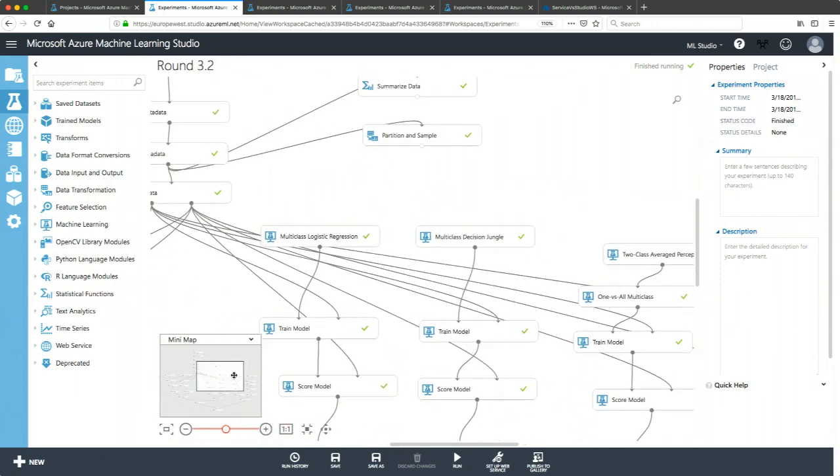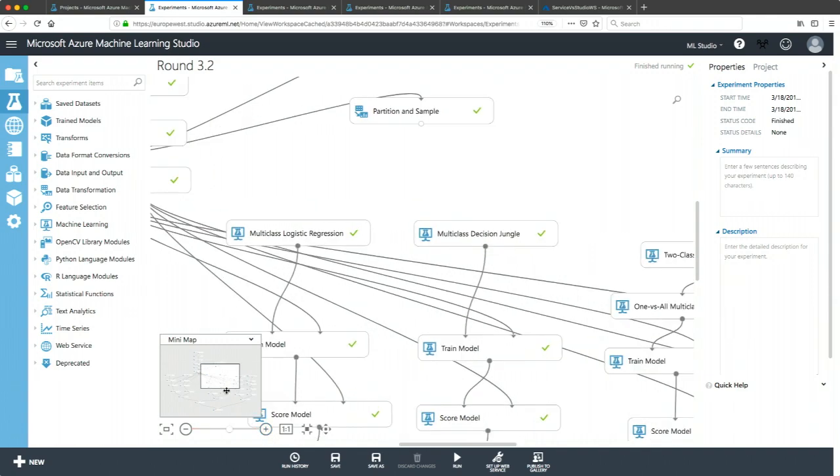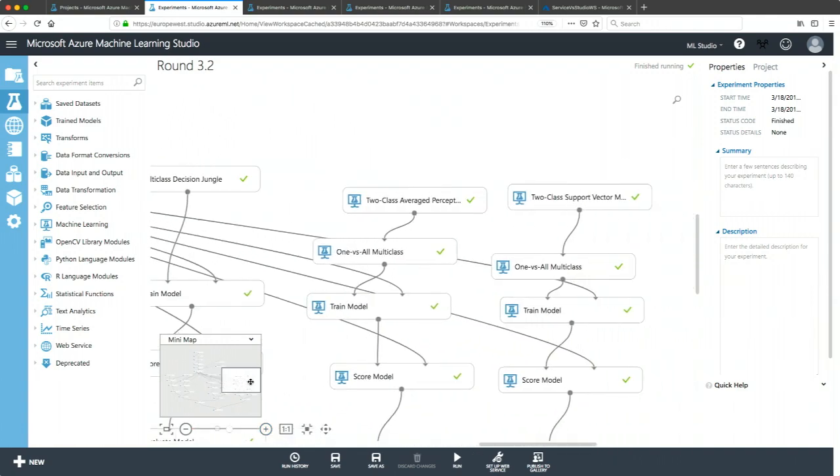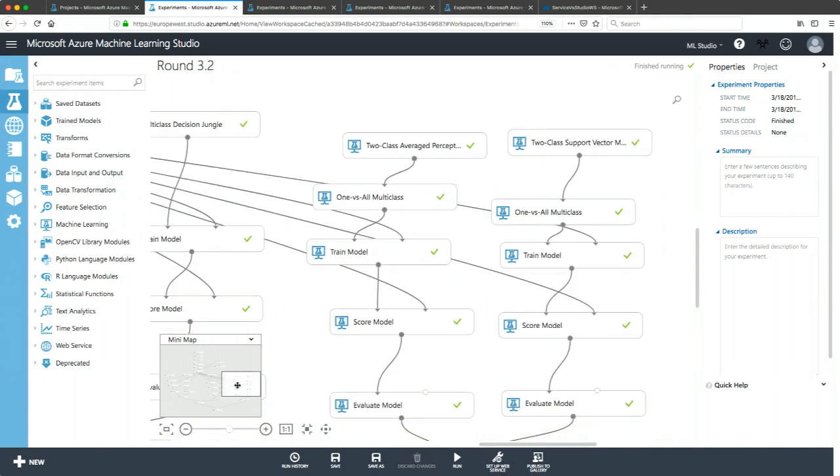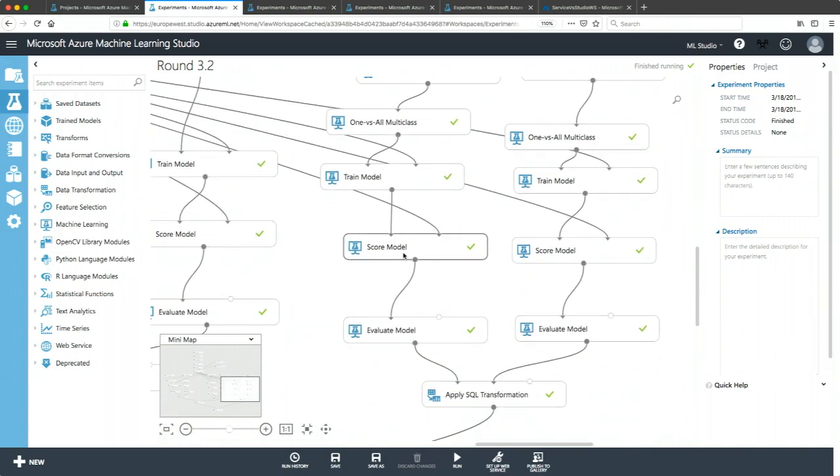So I have logistic regression, I have decision jungle, and I'm training each. I have basically two-class classifiers run through a One-vs-All module so that I can use them for multi-class classification here. Everyone is being fed to Score Model, then to Evaluate Model.